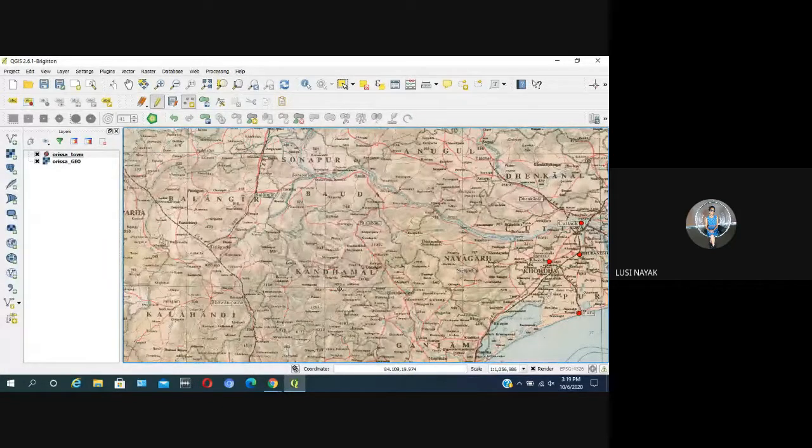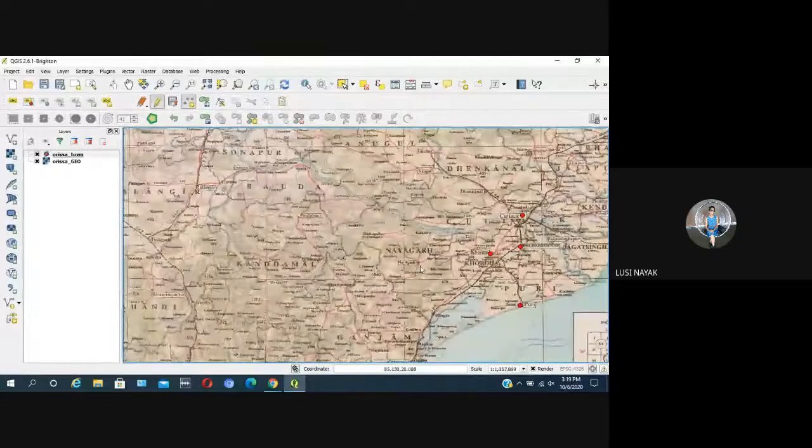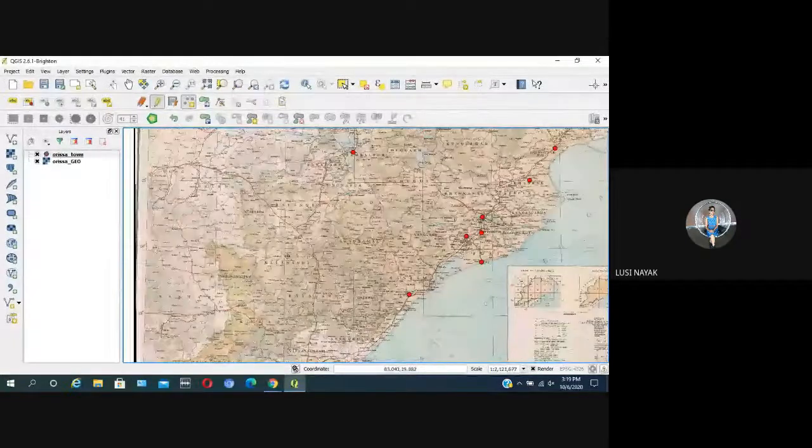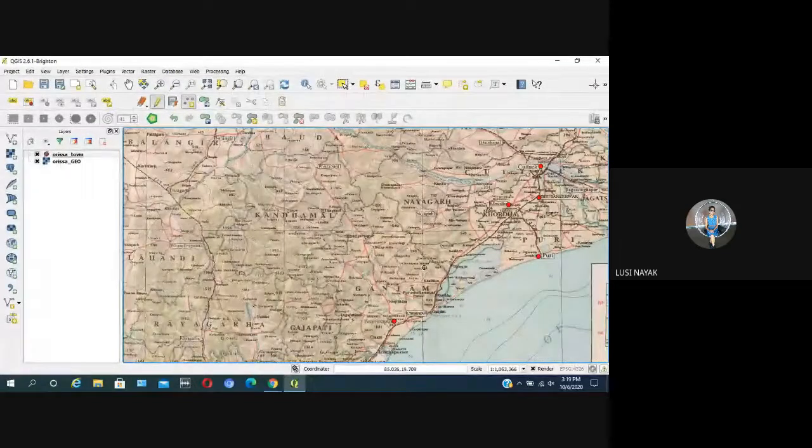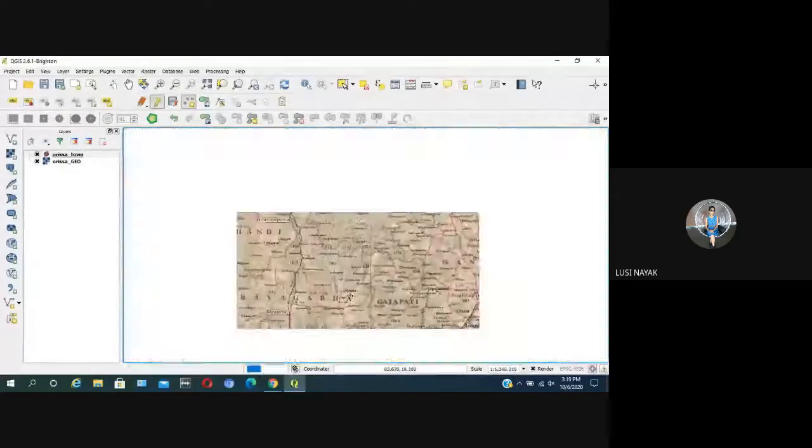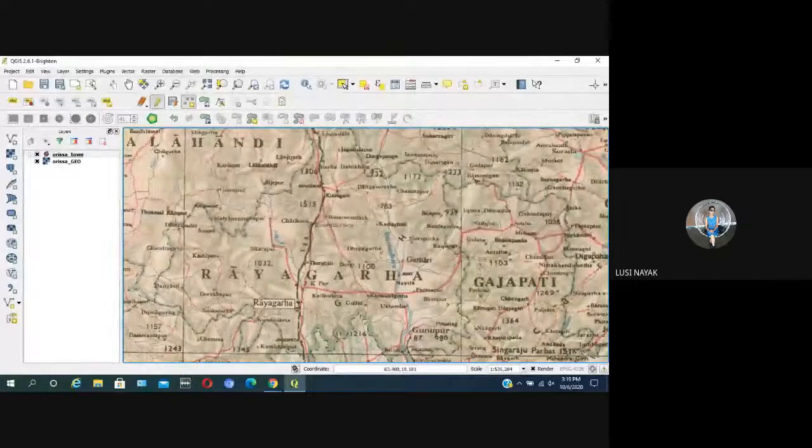I found my location. Next point is Rayagada.